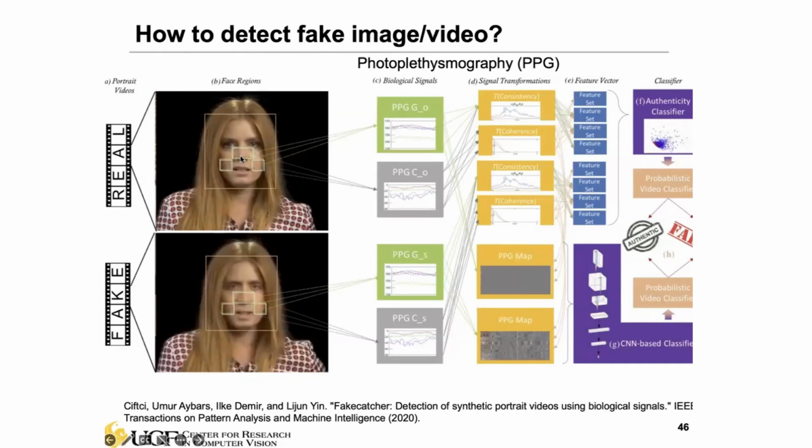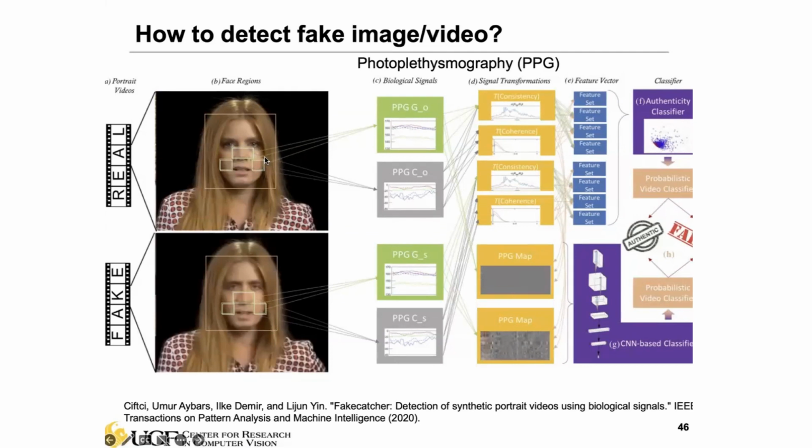Because of the blood flow, blood pumping to different body parts, this will have small changes in the color of the skin. Maybe this is not easily identified by the eye, but this can reflect something in the pixels, right? So the pixels change, and we can extract that information